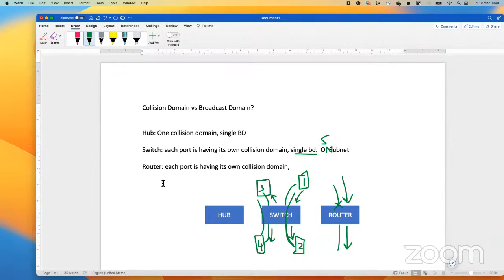Understood. Okay, that's good. Let's move to our